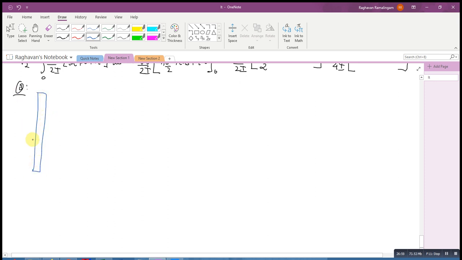What is element number 3? Again, for convenience, I start my s from here, from s equal to 0 to s equals h. This is my centroidal axis. So the distance to the centroid of my s element is nothing but